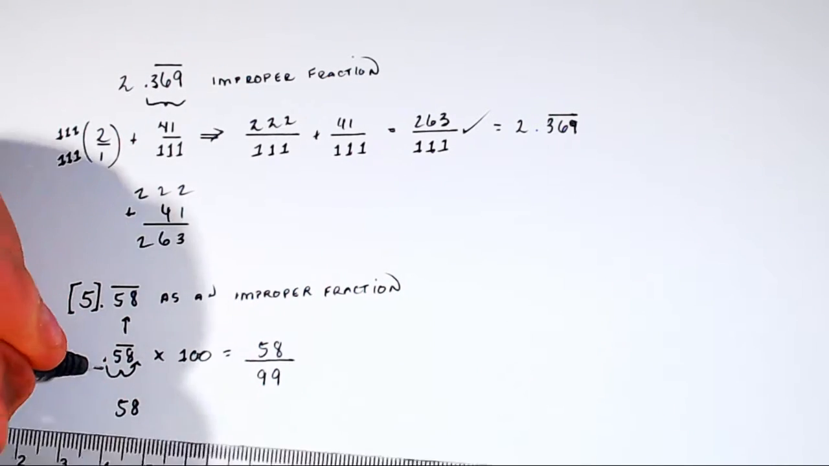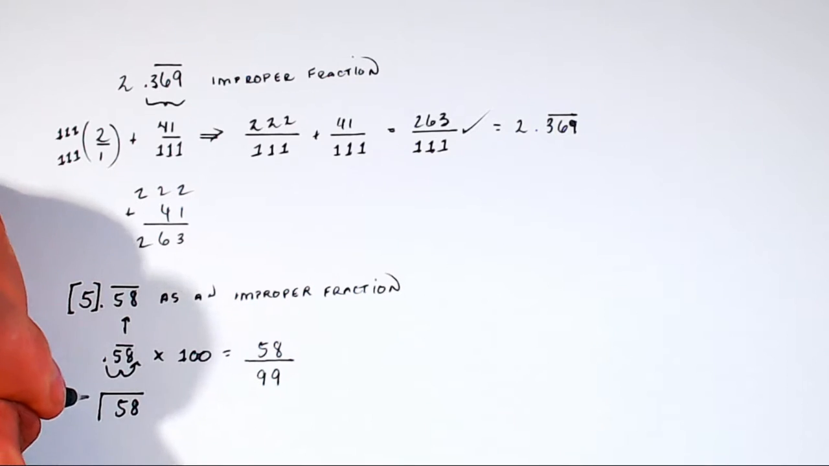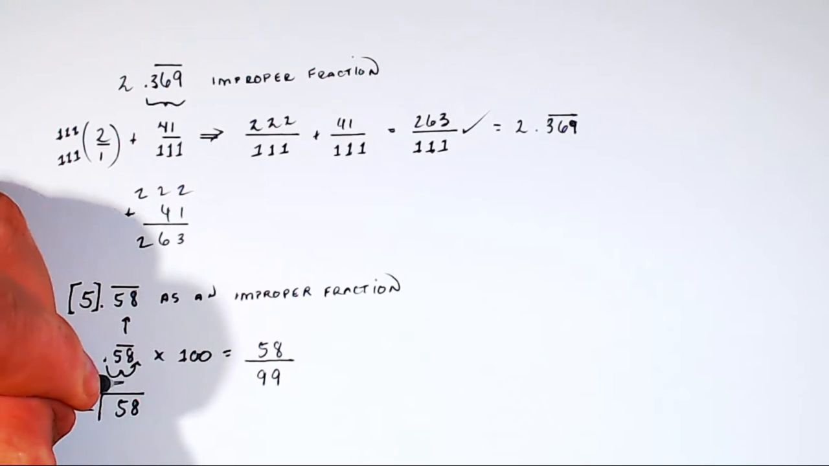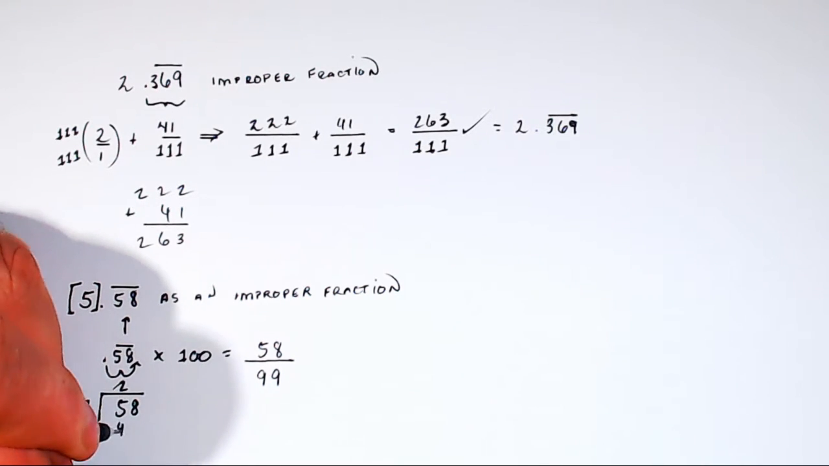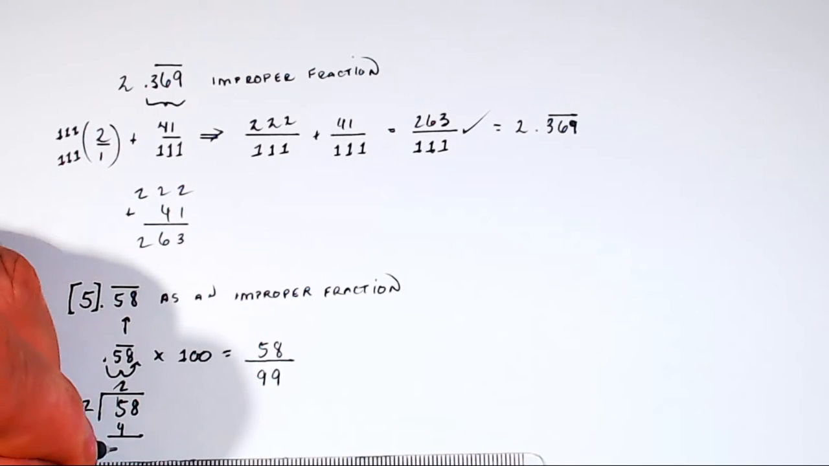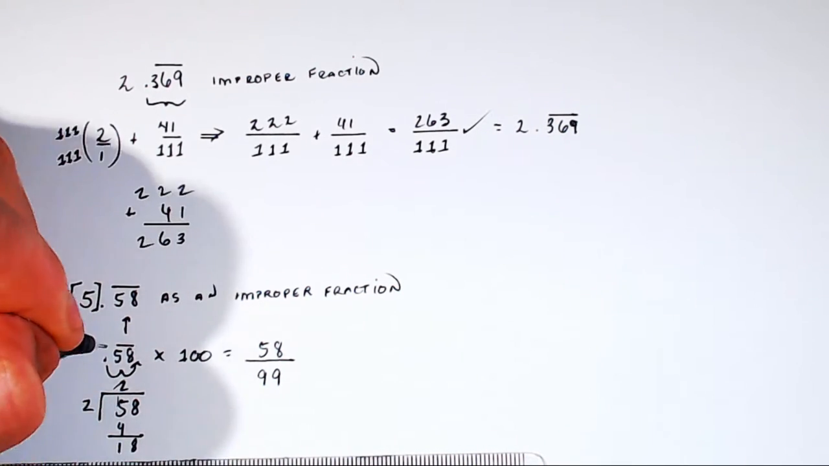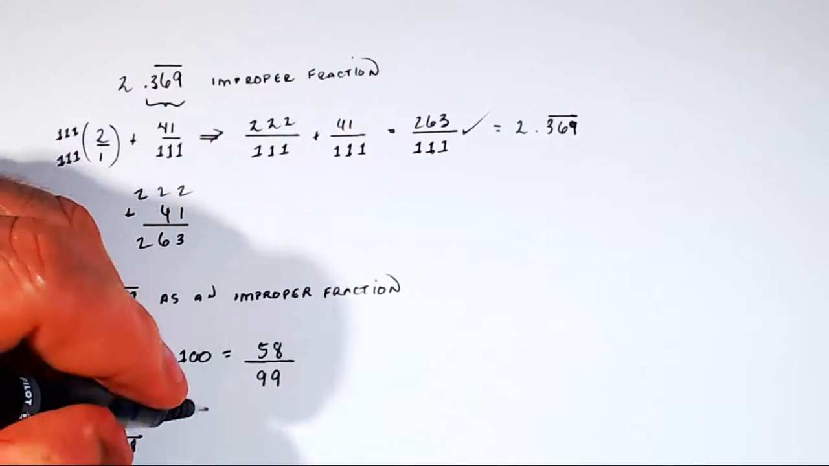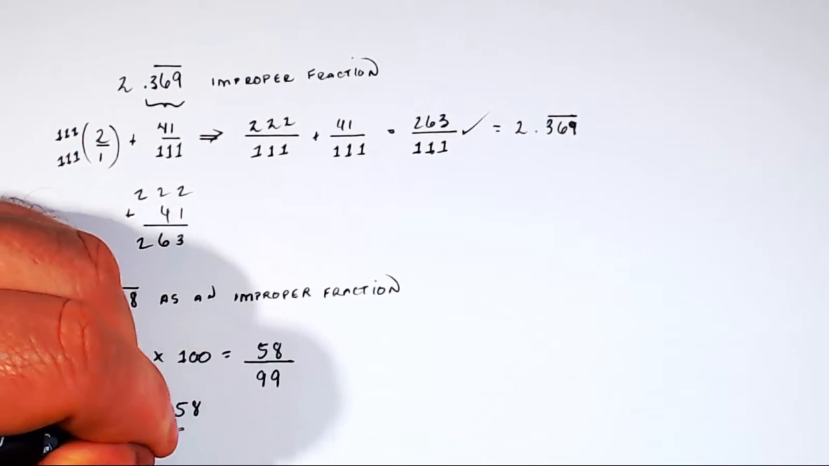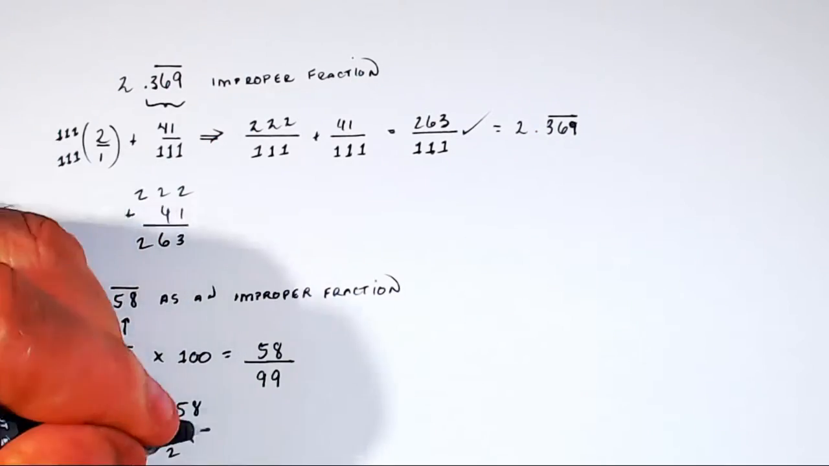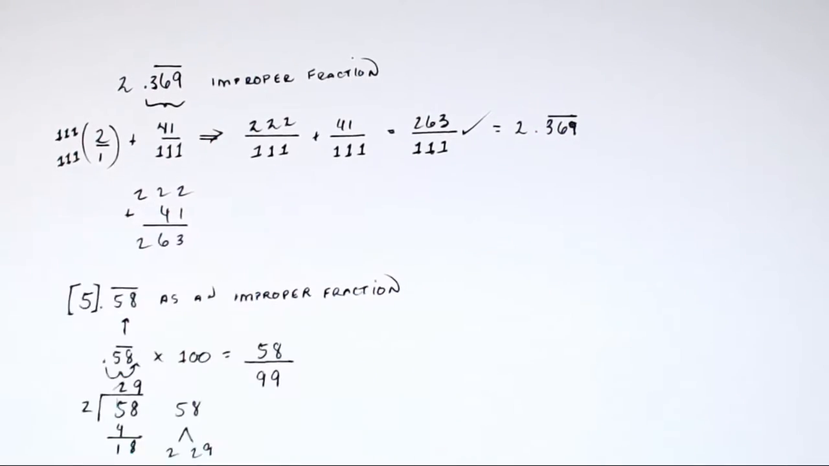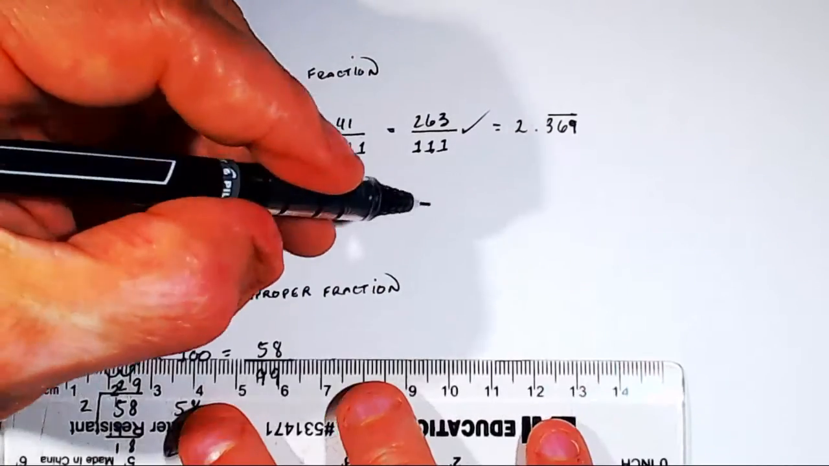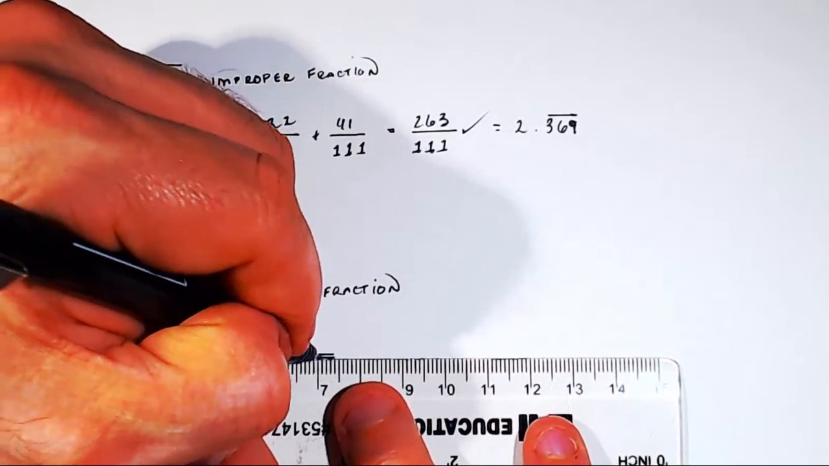58, okay, I don't know what it can be divided by, but let's try 2. 2 goes into 5 2 times. 2 times 2 is 4. Okay, and 5 minus 4 is 1. Bring down the 8. 2 goes into 18 9 times. 29 is prime. So the prime factorization of 58 is 2 times 29. Okay, so that equals